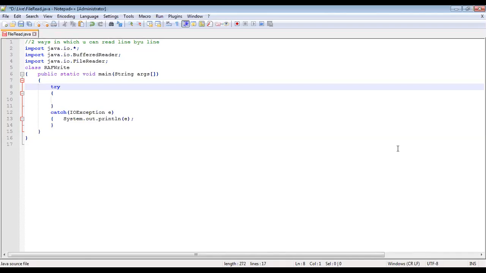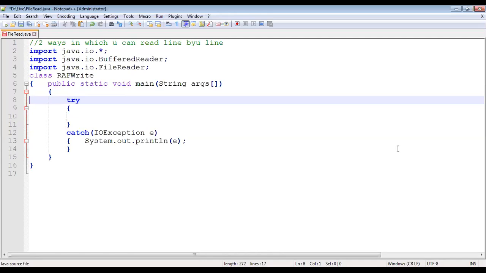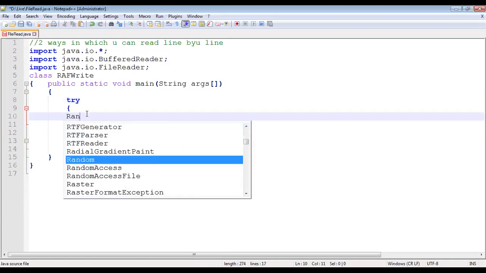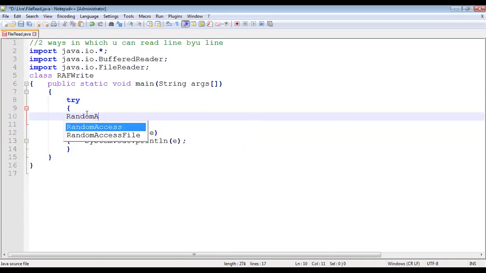RAF writing follows the same logic as your normal file writing. Only thing is, instead of creating file objects, you will be creating random access file objects.